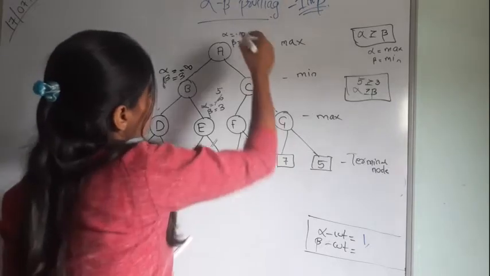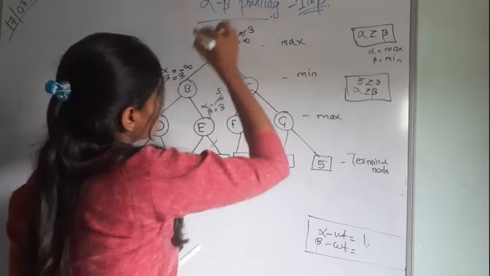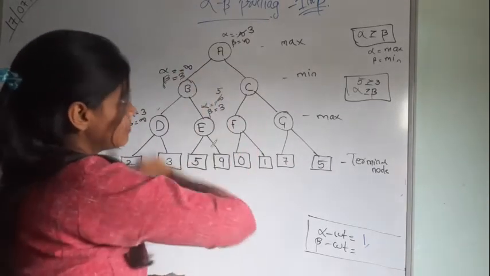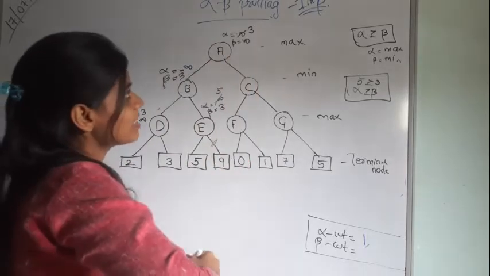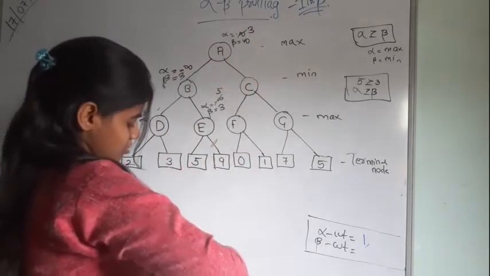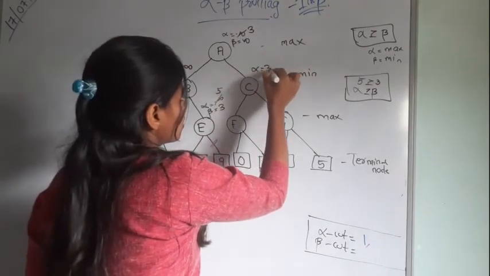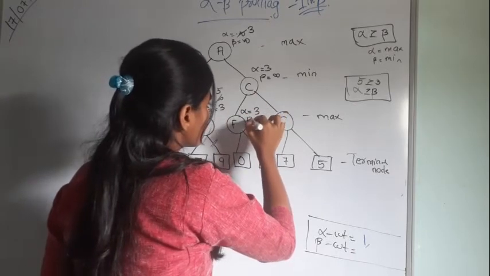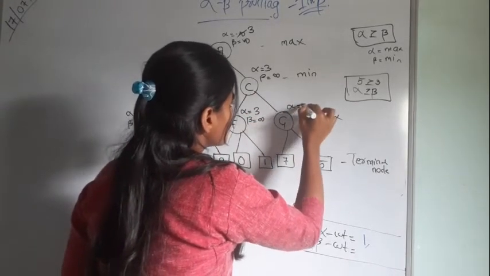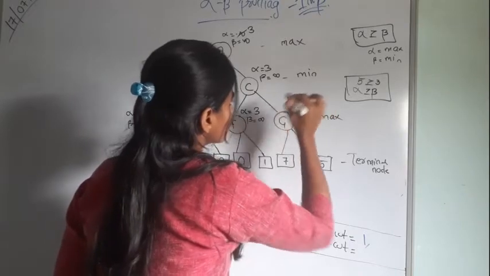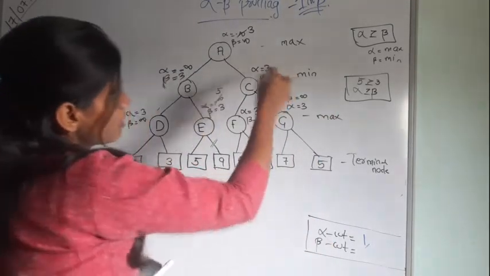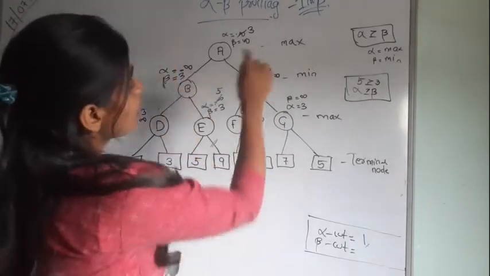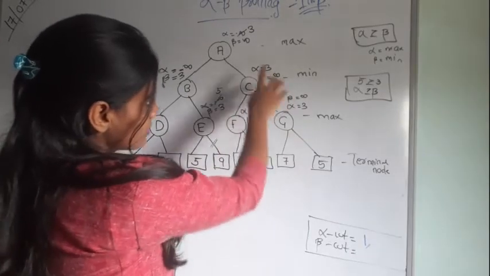Okay. 3 will be put here, because between minus infinity and 3, which one is bigger? 3 is bigger. So we put here alpha is 3, beta is infinity. Now we put this value here. Alpha is 3 and beta is infinity. So here you can see I have put all these values in the same way, because you have